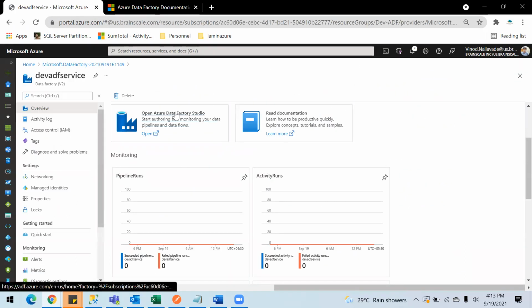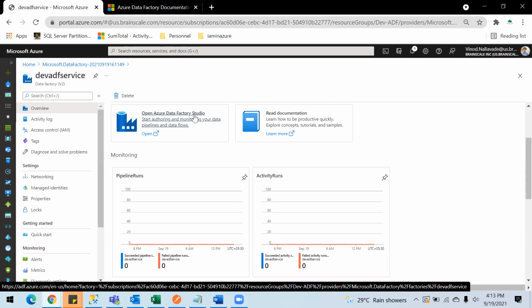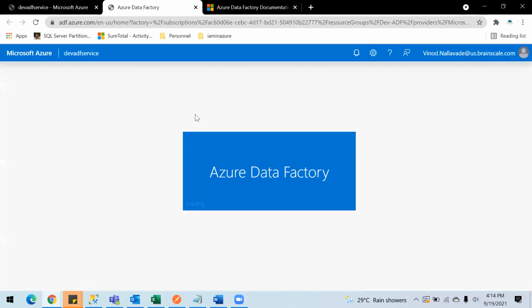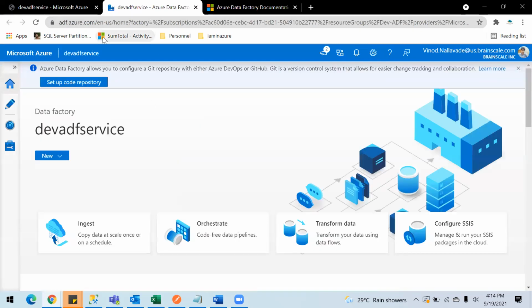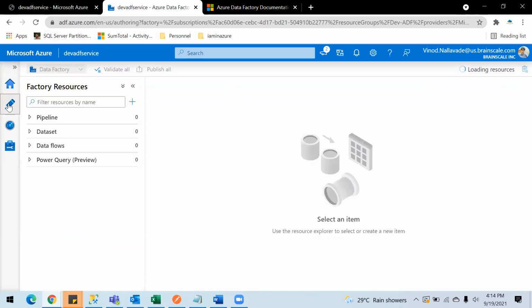And you have one more option, open Azure Data Factory Studio, which will help you to create the pipelines. This will redirect you to a new URL, which is adf.azure.com. And this is the ground where you can create your pipelines. So let's just start with the basic pipeline first.